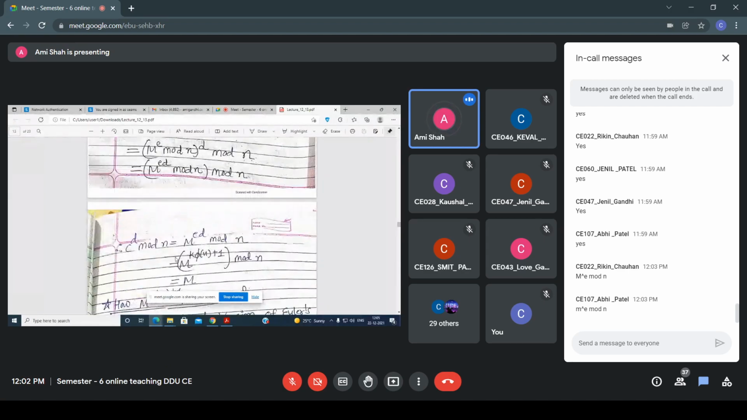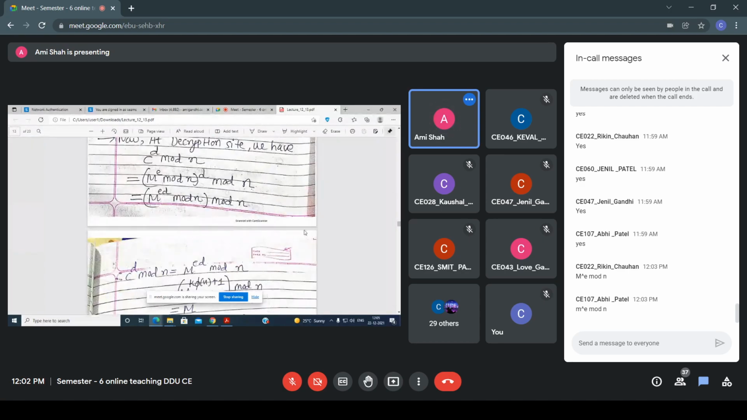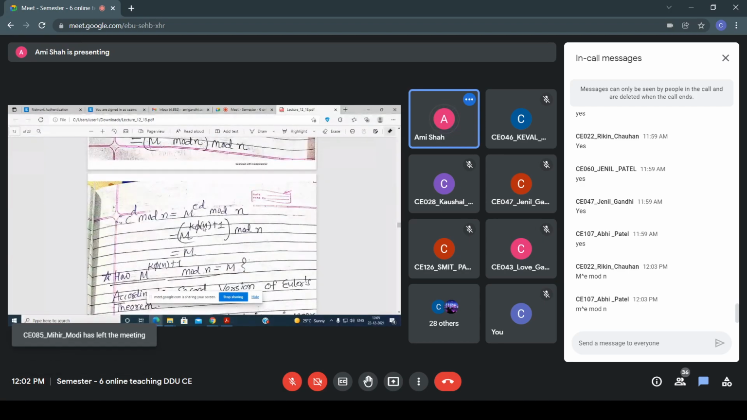Then what do you have to do? All of you know ed equals k phi n plus 1, so instead of ed you can write k phi n plus 1. That means the answer is m. Now again the question in mind is how we are getting this m. Instead of m raised to k phi n plus 1, why am I putting the m? Okay, so this is the question. Now according to the second version of Euler's theorem,